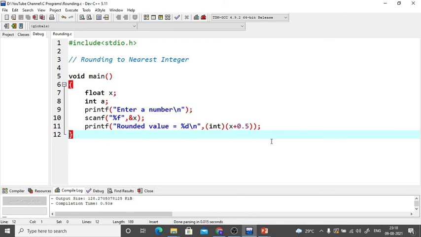And int anyways has a habit of truncating it, so it will truncate it to 6, and our purpose is served. If the actual fraction is less than 0.5, even if I add 0.5 to it, it's not going to cross the next integer. So it's going to get truncated down. That is what happened with 5.2. If I do 5.2 plus 0.5, it will still be 5.7, and typecasting is going to simply truncate it to 5.